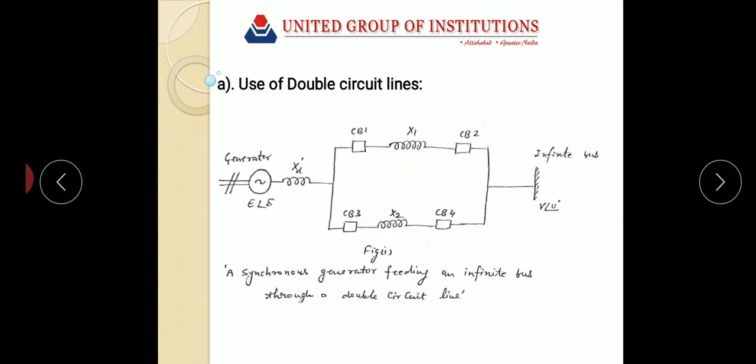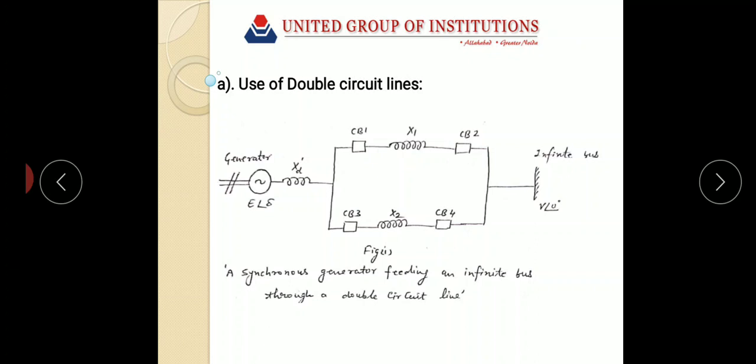The impedance of a double circuit line is less than that of a single line. A double circuit line doubles the transmission capability. An additional advantage is that the continuity of supply is maintained over one line with reduced capacity when the other line is out of service for maintenance or repair. But the provision of an additional line can hardly be justified by stability consideration alone.